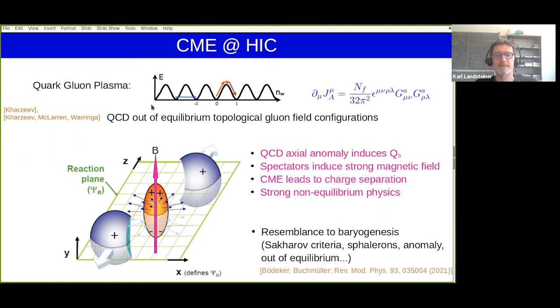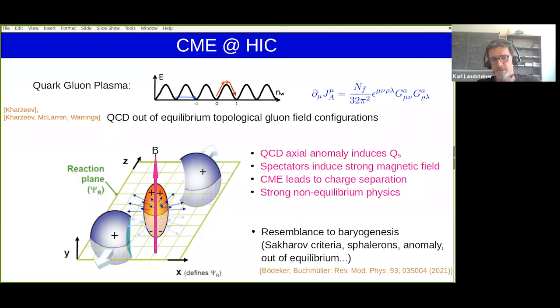So now we switch gears. We take the theory of strong interactions, of elementary strong interactions, QCD. This has additional gauge fields, the so-called gluons, which contribute to the anomaly, to the axial current in this form. QCD has a complicated vacuum structure, and what people do in these experiments is they take heavy ions, for example gold ions, gold atoms which are completely stripped of their electrons, and they are accelerated and collided against each other. And at this collision point, a new state of matter appears, the so-called quark-gluon plasma,